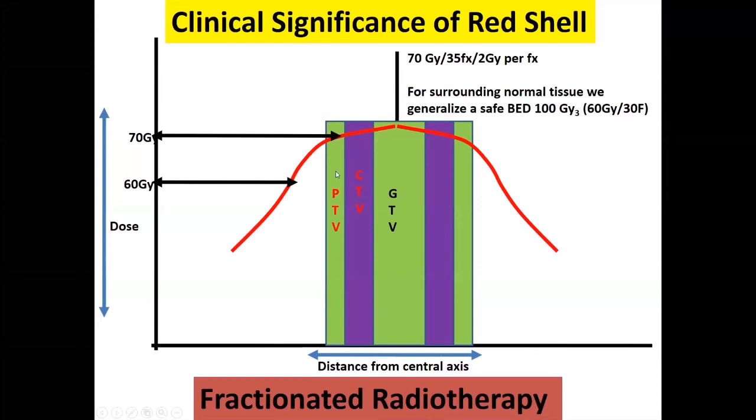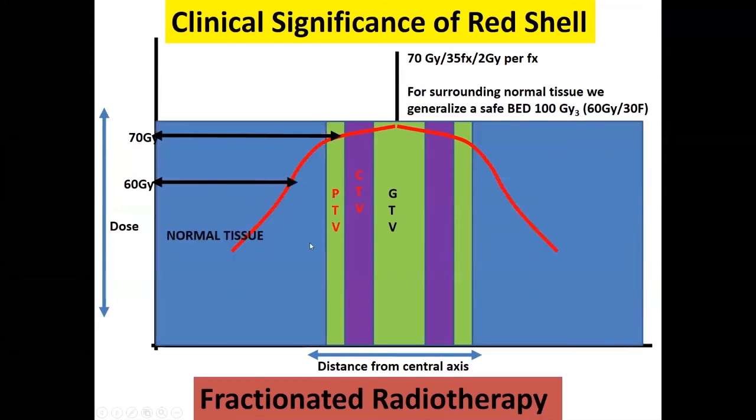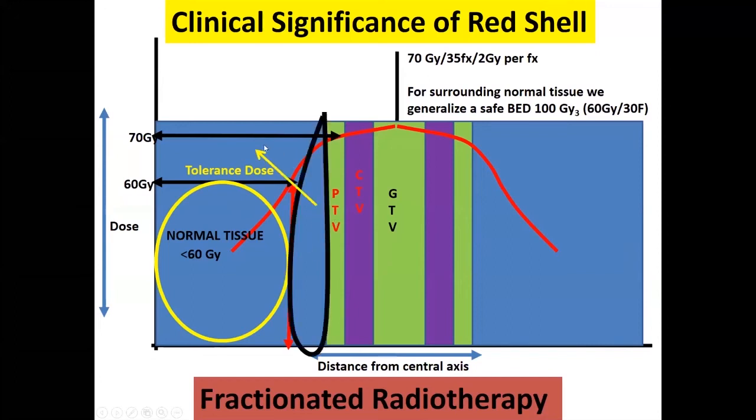Now, outside this PTV, we have normal tissue. Now, this is the point of tolerance dose, which means that all the normal tissue beyond this point will receive less than 60 gray, which is a safe BED. But intervening tissue between PTV and this point will receive higher dose and they will form red shell. Now this intervening tissue will receive more than 60 gray but less than 70 gray. Now let's just presume that on an average this tissue receives 64 gray